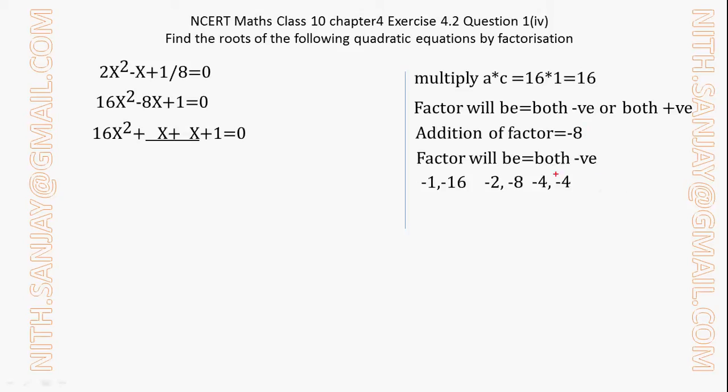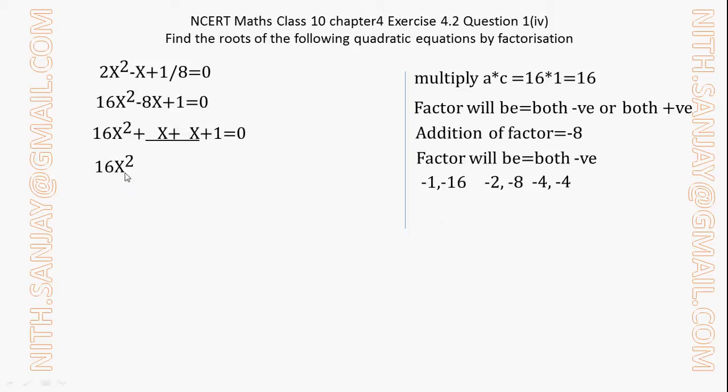So the next pair is minus 4 and minus 4. So when I add minus 4 and minus 4, I will get minus 8. So these are the two numbers which satisfy this condition as well as this condition. So my factors will be minus 4 and minus 4. Next, what I will do is